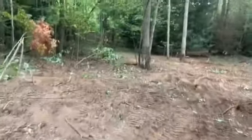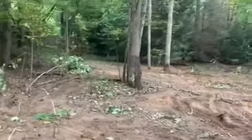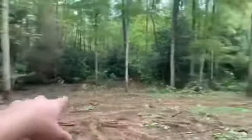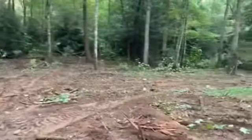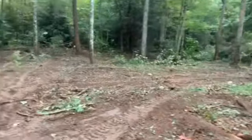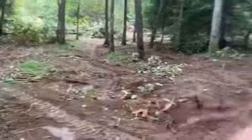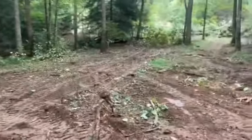And all of this is freshly cleared today. Got another 50 feet over there to the property line. Look at all that. No, a backhoe is not ideal for land clearing, but it does the job, as you can see. I'll have to come back through and back drag it and get every bit of it smooth, but I'm going to wait until these trees are cut out and the stumps are dug out, and then I'll smooth it all